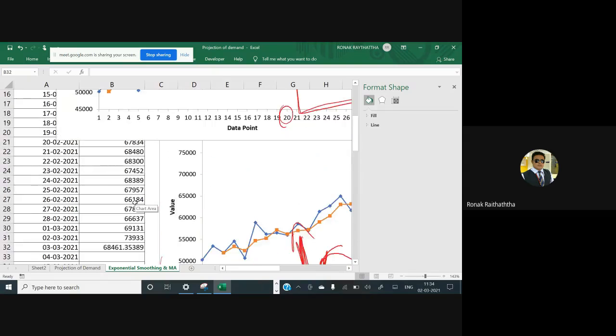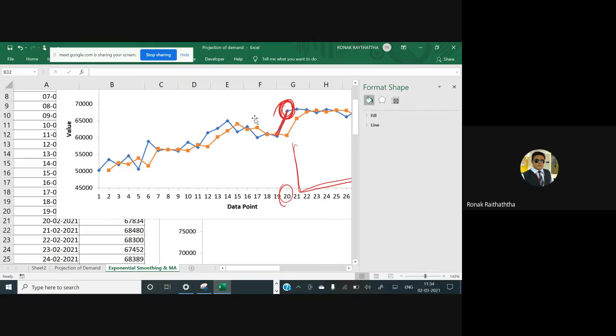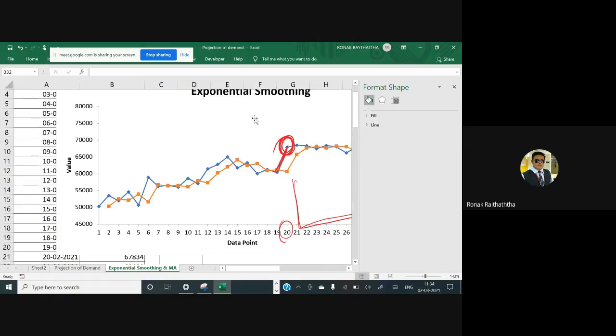So when the actual cases were crossing over the moving average, that was a sign of concern. Again, in the last few days' data you may analyze that the current rate at which the number of cases are added is crossing over the moving average of the last 5 days, which is again a sign of concern. And you can also establish where the resistance and the support can be based on the moving averages. Very simple tool to understand, but for analysis purposes you can take a lot of help from this.